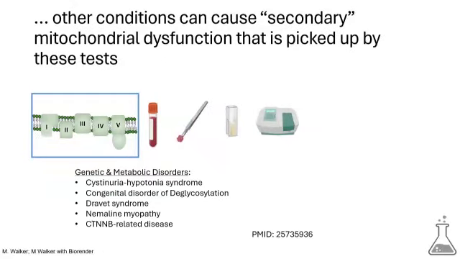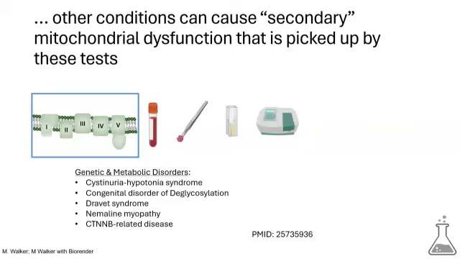So when you do that, you can find that there are problems with the function of the mitochondria, but that can be caused by many different things. It may, in fact, be due to the fact that there is a gene that the mitochondria needs to perform its functions that is missing or not working correctly. It could also be that there are other genes in the body that are not working properly. And we are increasingly learning, now that we can do genetic testing on more and more patients, that other genes that don't necessarily work inside the mitochondrion can cause abnormal results on this type of testing.